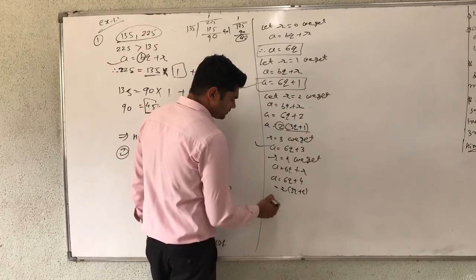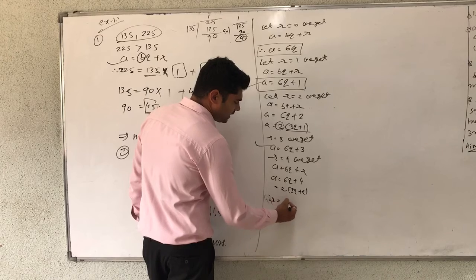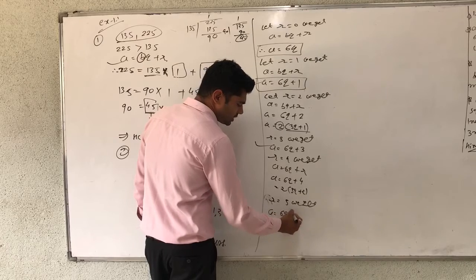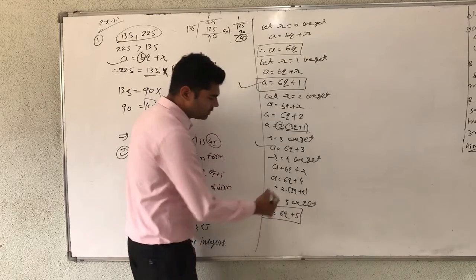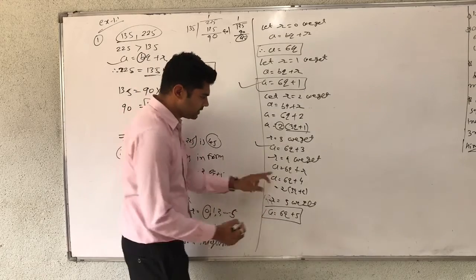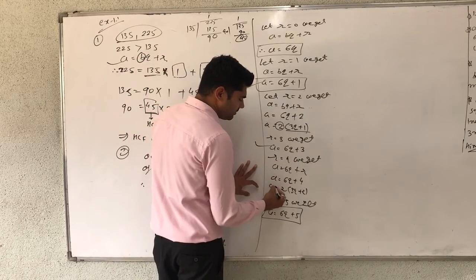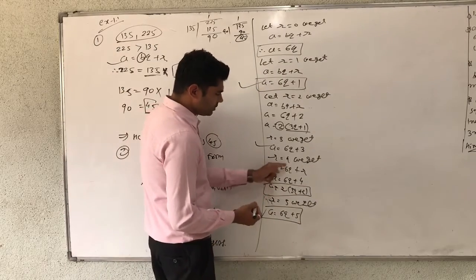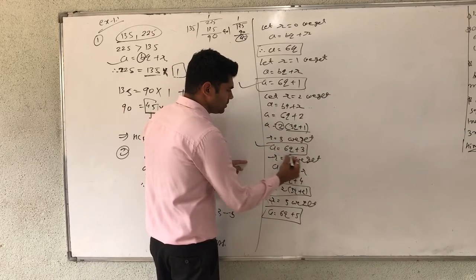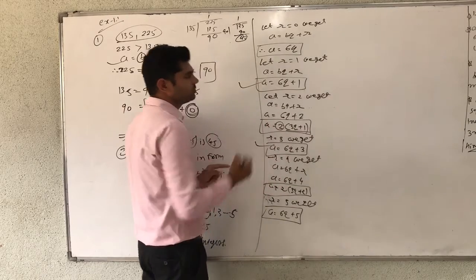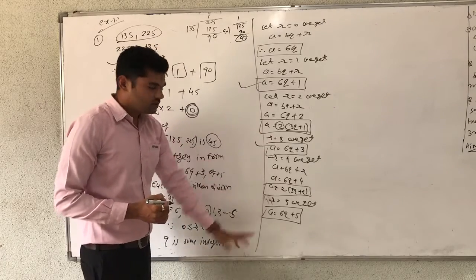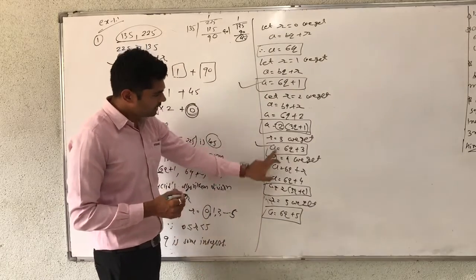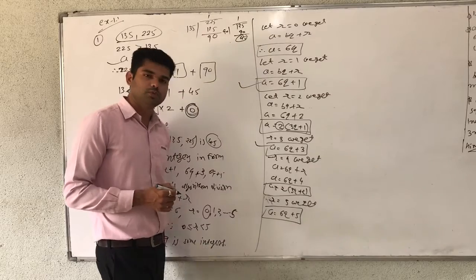Now for r equal to 5, we get a is equal to 6q plus 5. For r equal to 4, the answer will be a is equal to 2 common, q plus r. Now we have to compare all the answers: a is equal to 6q plus 1, a is equal to 6q plus 3, and 6q plus 5.